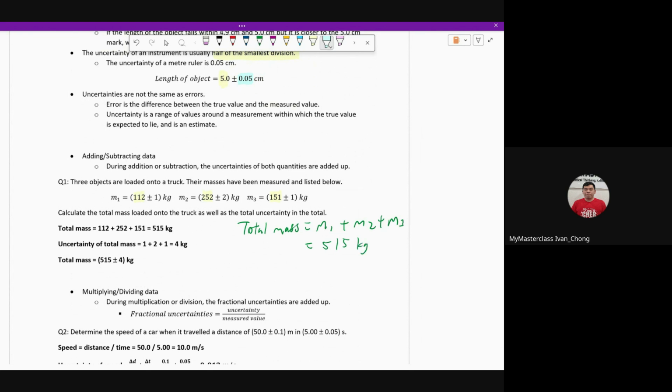Now, the question is, what about our uncertainty over here? You can think about it: your uncertainty itself is your range of answers, right? So when you add all of them up, your total uncertainty also adds up. Even if you subtract, M1 minus M2 minus M3, we also add up the uncertainty. Basically, when in doubt, just add all your uncertainties together, because your uncertainty is basically your range. What's your maximum possible number